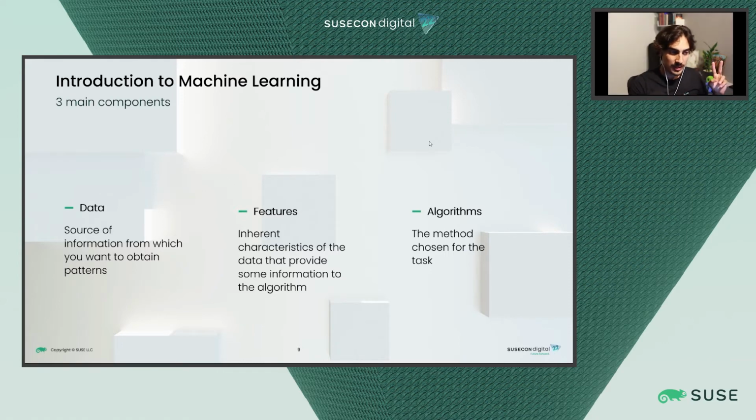The second important component here is features. And what are features? Those are inherent characteristics of data that provide some information to the algorithm. It's not enough to just put some pictures of cats and dogs and tell the algorithm to understand. Actually, we can do it, but that is a little more advanced. It's pretty easy for the computer if we take a picture of a cat and, for example, draw a box on the face of the cat